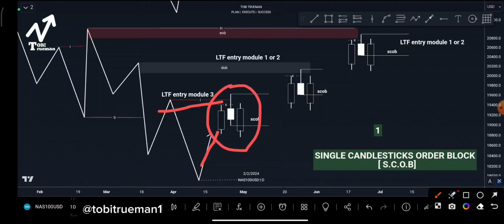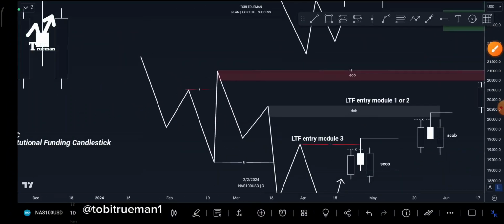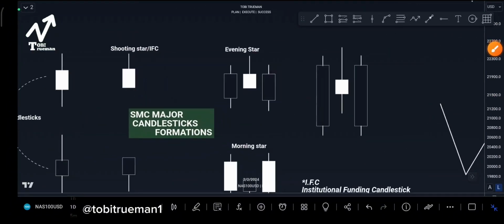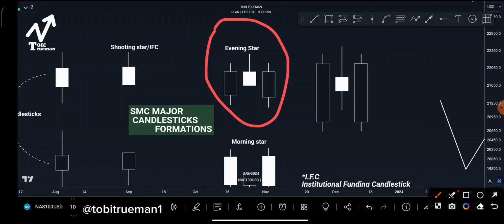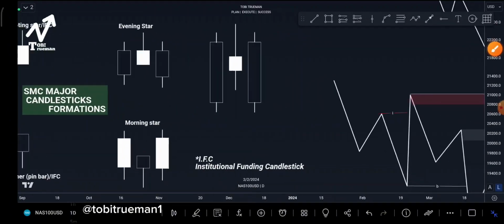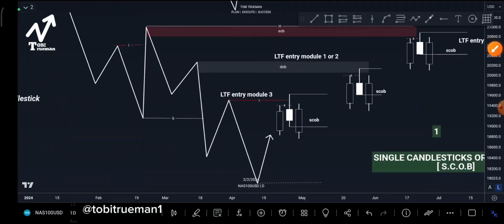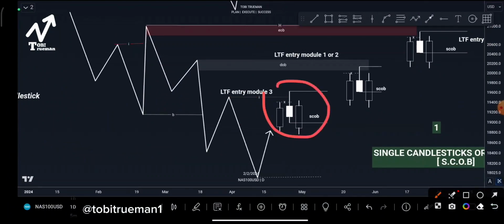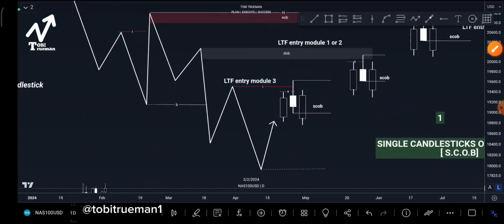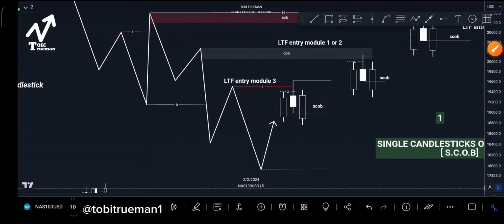give us this type of candlestick formation, and we remember this type of candlestick formation is called morning star, if I'm correct, or sorry, evening star. This is the evening star candlestick pattern. This is what price just formed here, an evening star candlestick pattern. Then this can be a high probability entry if the candlestick